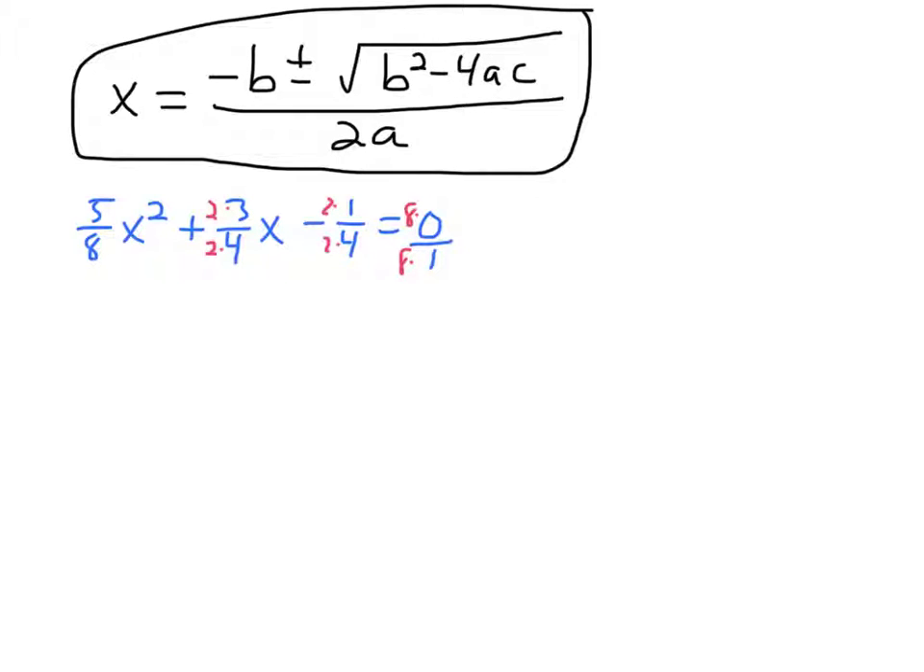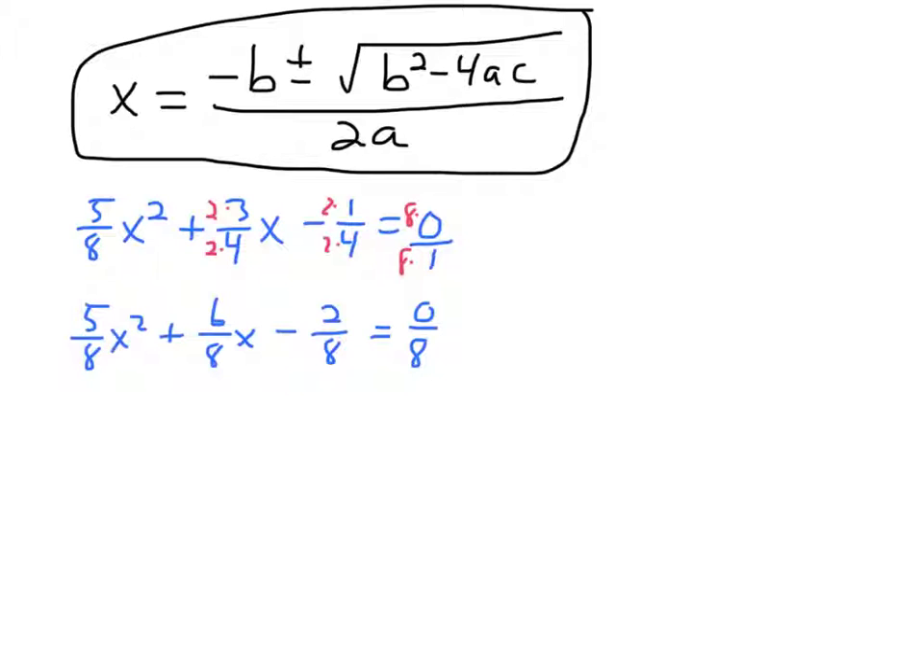But 8 times 0 is still going to be 0 in the numerator. So when you rewrote this with a common denominator, you'd have 5/8 x squared plus 6/8 x minus 2/8 equals 0/8. And at that point, you can multiply both sides of the equation by 8, which is